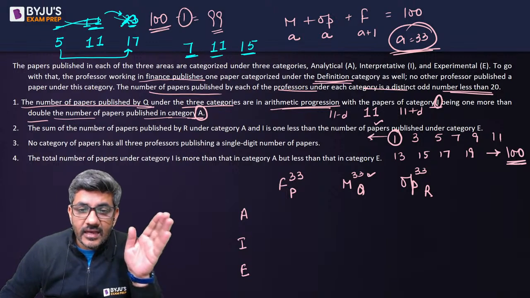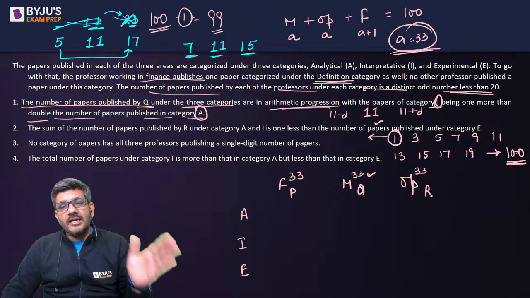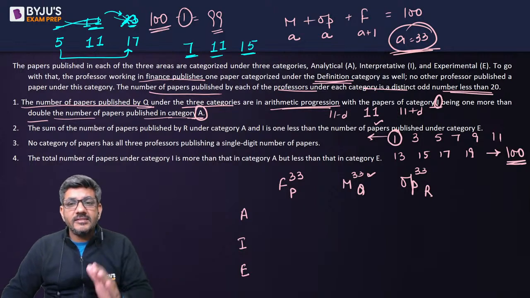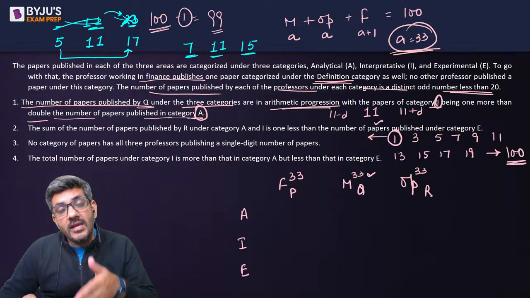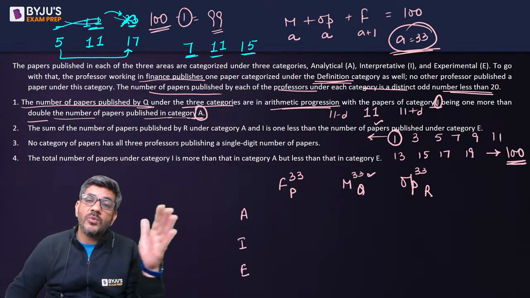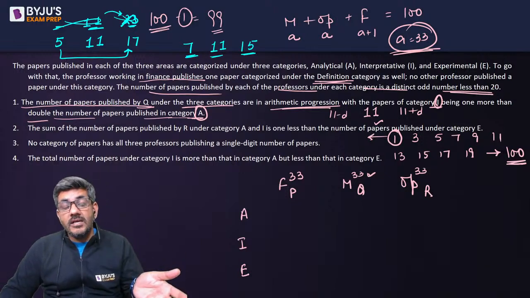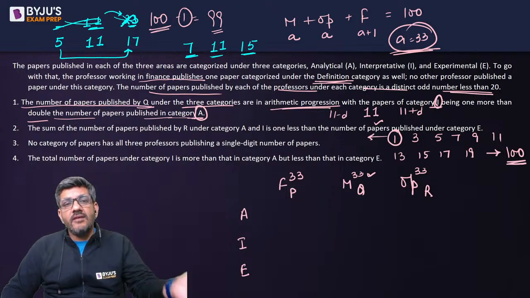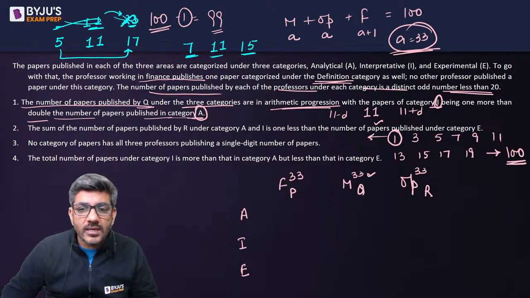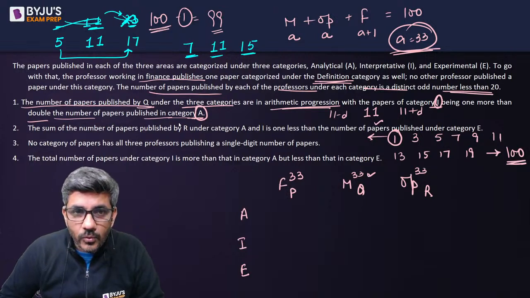Three numbers are there, 11 minus D, 11 and 11 plus D. अब 11 minus D, 11 और 11 plus D में से he says one number is one more than double of another number. अब या तो वो नंबर 11 है जो डबल से एक ज्यादा है, in that case one number would be 5 and one would be 17. Or the other possibility is 7, 11, 15. ये नहीं हो सकता कि 11 का डबल प्लस 1 कोई बन जाए, that is not a possibility. So therefore these are the two possibilities currently with us.